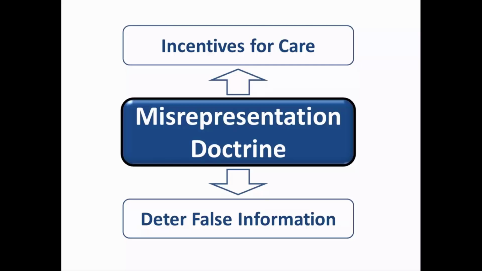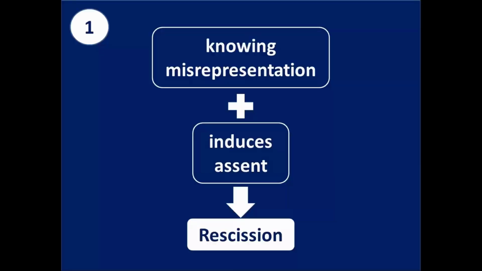As a technical doctrinal matter, Restatement Section 164 applies to both fraudulent or knowing misrepresentations and material, negligent or innocent misrepresentations. But there are some tendencies in the cases worth knowing about. First, knowing misrepresentations typically justify rescission, unless the representation did not in fact induce assent. Again, think of the hypo in which Lillian's misrepresentation to Josh came after Josh's assent to the contract.